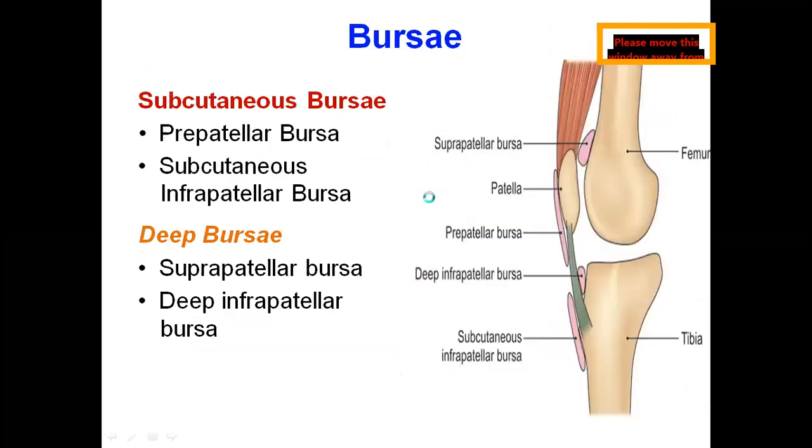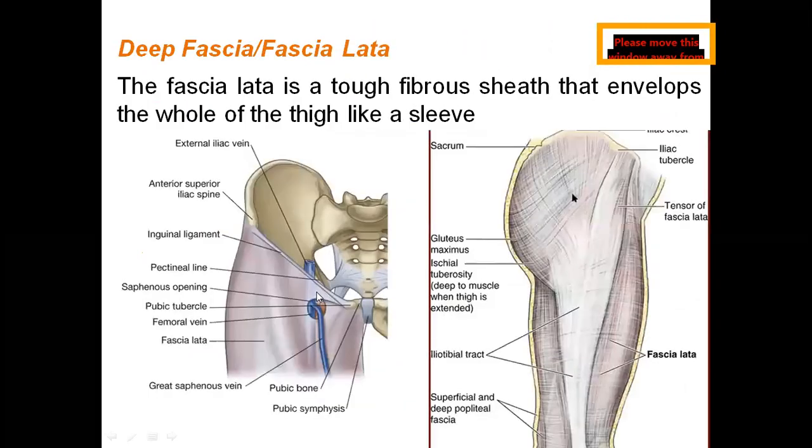In the previous picture, saphenous opening, you can see the fascia lata more clearly here. This lateral thickening of the iliotibial tract and tensor fascia lata, and gluteus maximus, are also very well visible in this picture, as it is a close-up view. In this fascia lata, you are finding an oval opening.